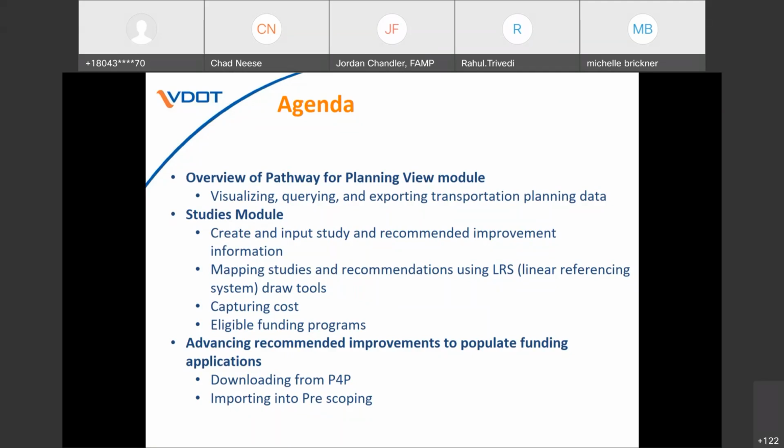For those of you not familiar with Pathways for Planning, we have several modules that we've built to address business processes for VDOT's planning division. But today, we're only going to be going over two of them. Our View module, which is where we have all this great GIS data. I think it's very important that people know where this data is, how to get to it, what's available, and then the tools we have in Pathways for Planning for visualizing, querying,